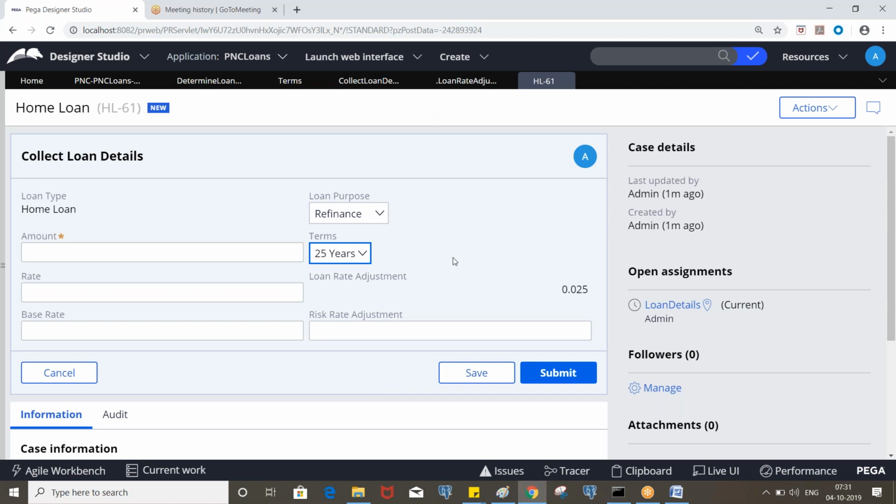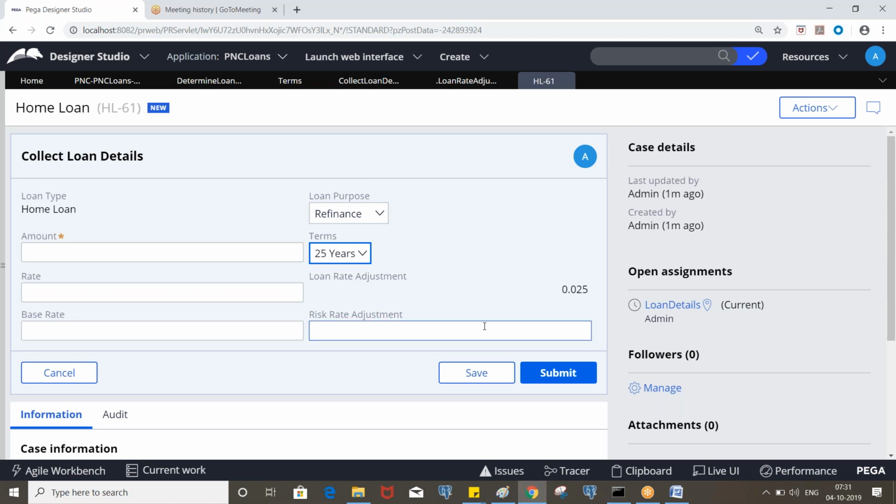So now we have the loan rate adjustment. Now we need to calculate the risk rate adjustment. This risk rate adjustment is dependent on the credit score property available on the borrower details screen.